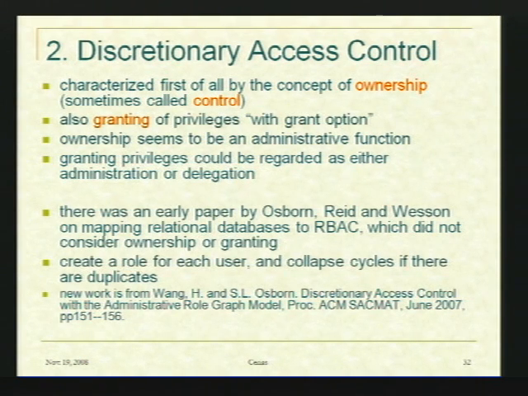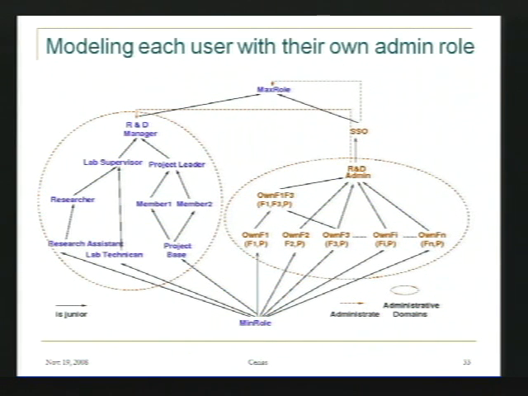So I had an older paper where we took a relational database and produced, with traditional permissions done with grant and revoke statements, a pre-RBAC relational database. And what we did was create a role for each user with all the permissions that had been granted to them, collapse cycles if they're duplicates, and that was the role graph. Okay. Now, it didn't deal with ownership and it didn't deal with granting. And so partly it was to go back and figure out how to deal with it with this new model,